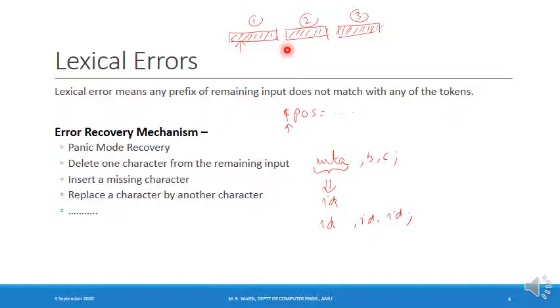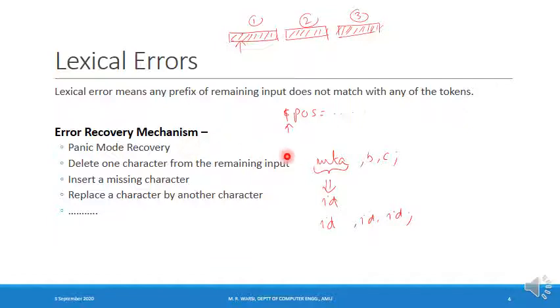This error recovery mechanism is known as the panic mode recovery mechanism. In this mechanism, when a lexical error occurs, I keep deleting successive characters till I find a character from where a well-formed token can be identified. You can also adopt other recovery mechanisms.